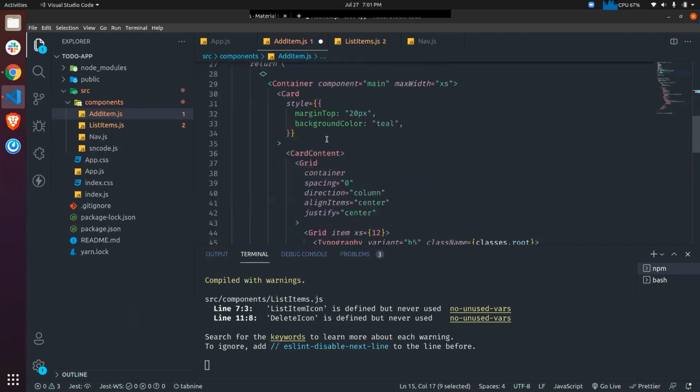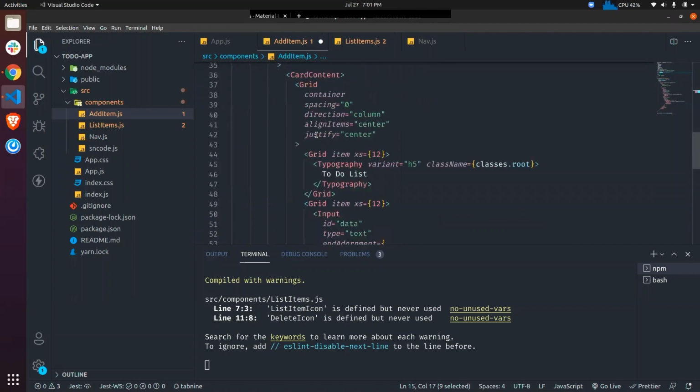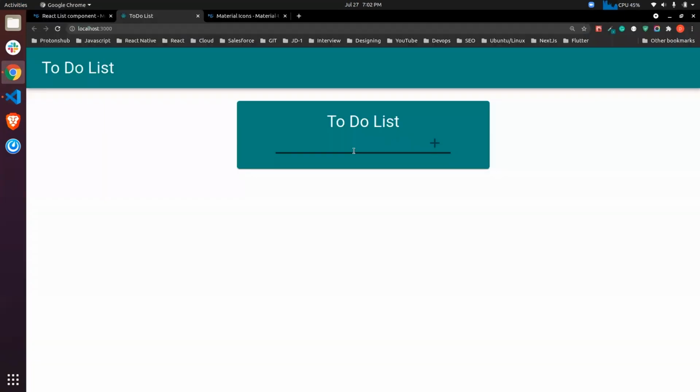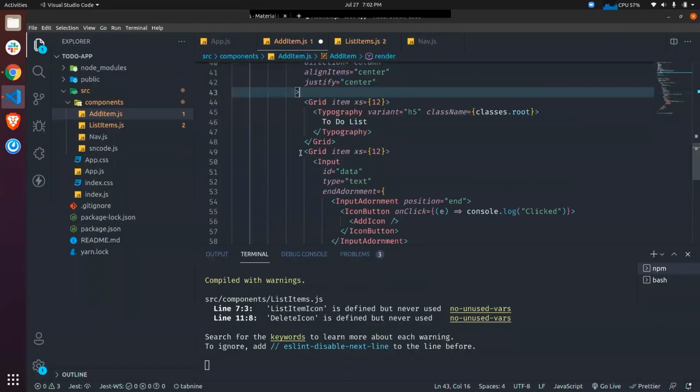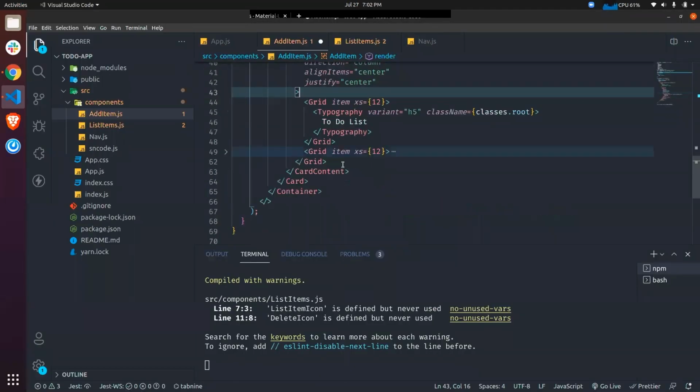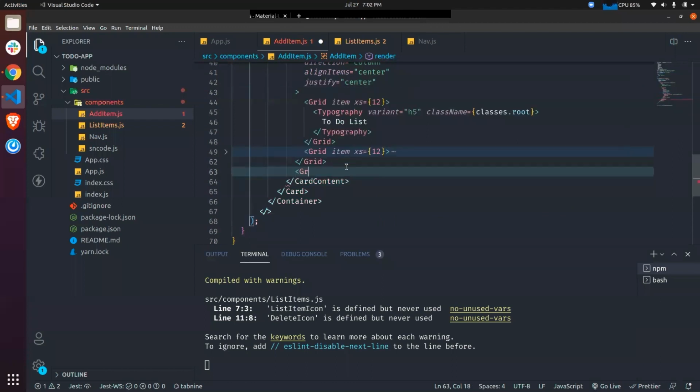Let's go over here, and this is our container. We don't have to center align our list. We have to make it take the whole container space. It doesn't have to be center aligned. So what we'll do is add another grid outside our container.